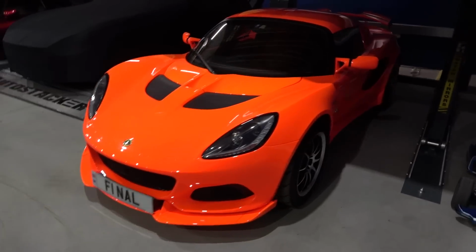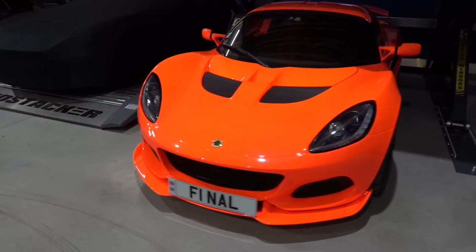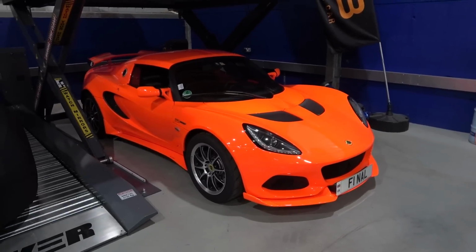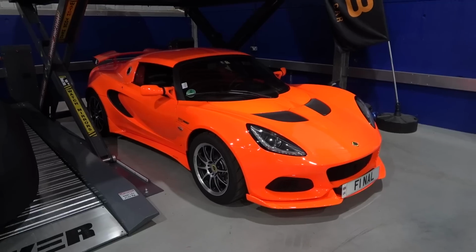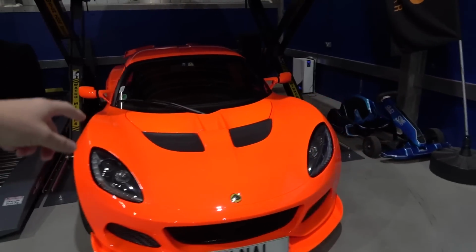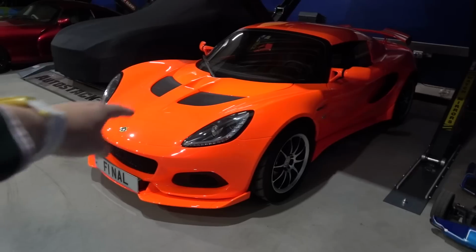But today we are taking this out, Firefly, as it's been affectionately nicknamed, with the most suitable of suitable number plates that you could possibly have on this thing. The final version of the Lotus Elise, the final chassis number of the Cup 250. So we're going to pull this out. We've just unplugged the CTEC smart charger from the back, get it onto the road and go drive this over